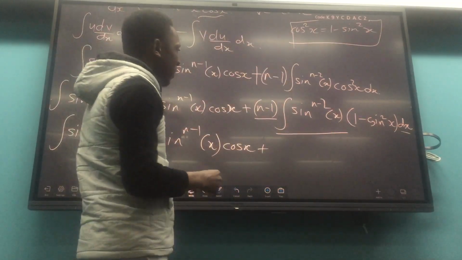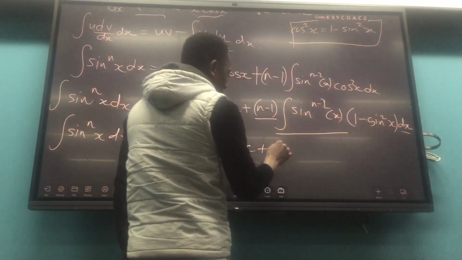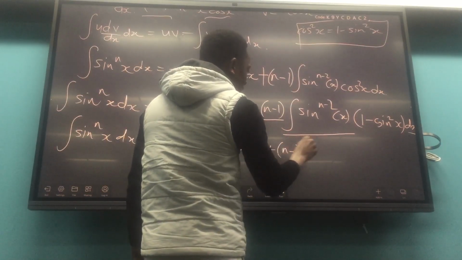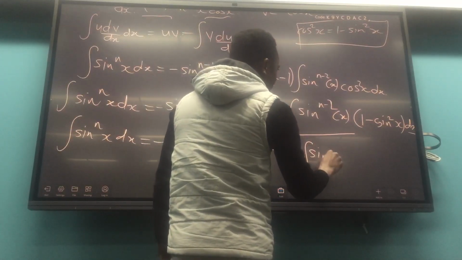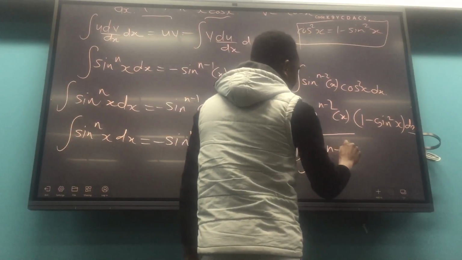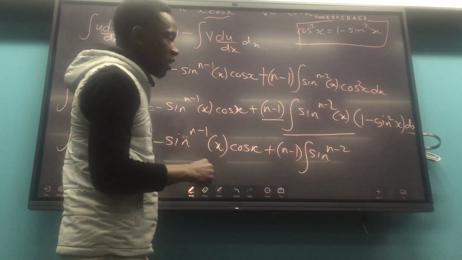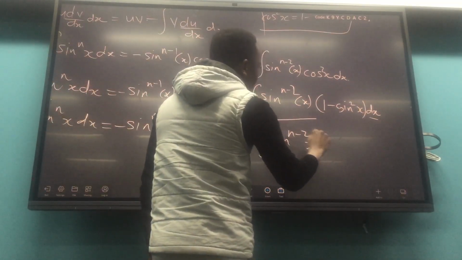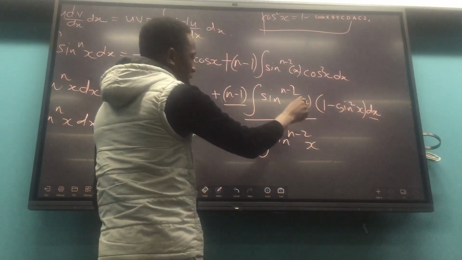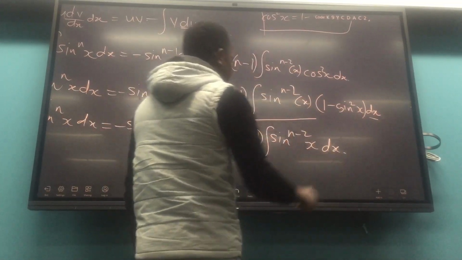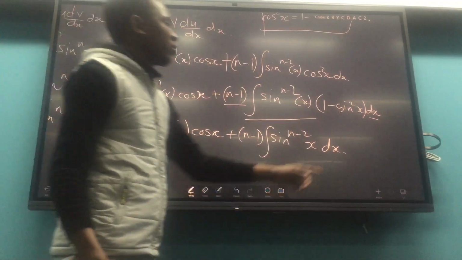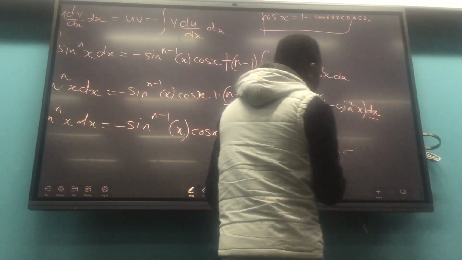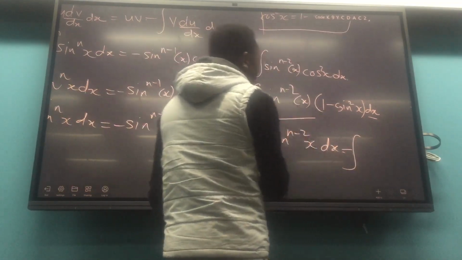So we are multiplying this term and this term with these things here outside. So what's going to happen here is that for the first one we're going to have plus n minus 1 integral of sine to the power n minus 2, right? So that's going to be to the power n minus 2 of x. Then we have a dx there, right? So we're going to put the dx there. Now we say minus because we have a negative there. That's going to be minus the integral of,